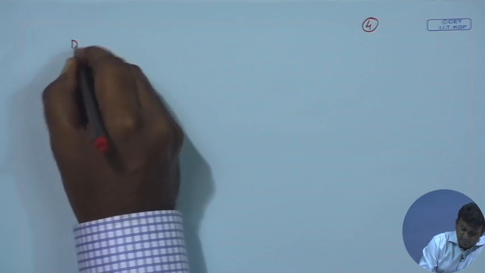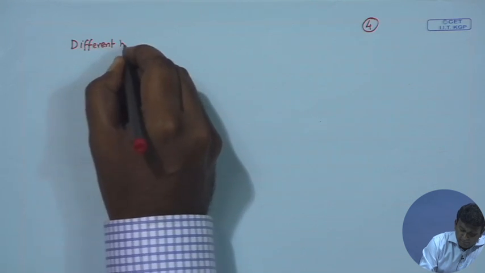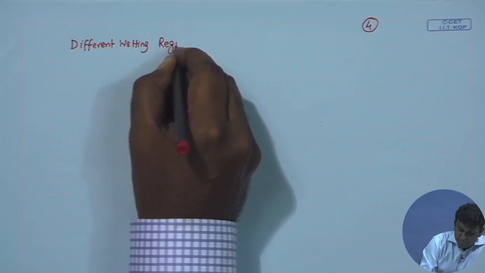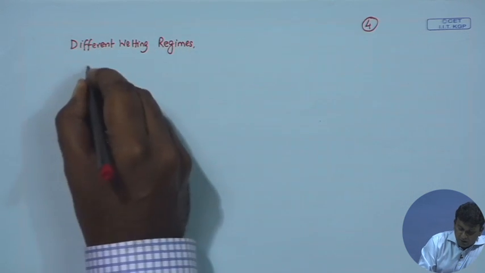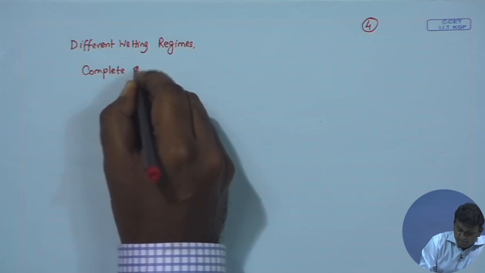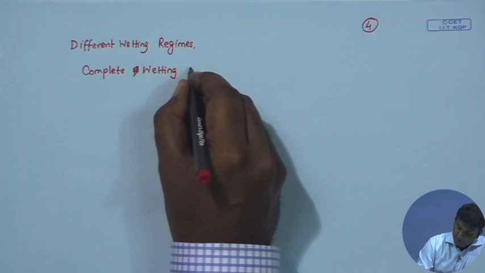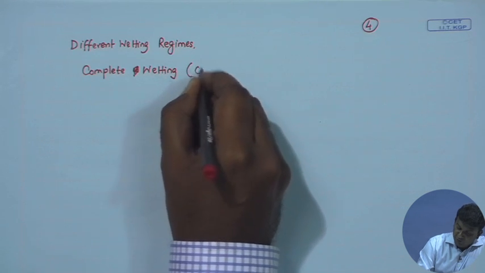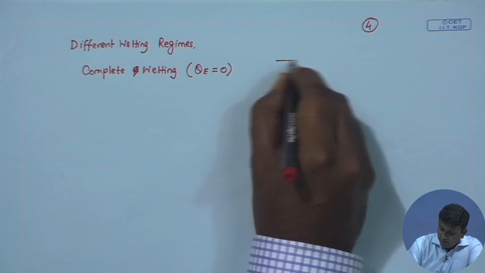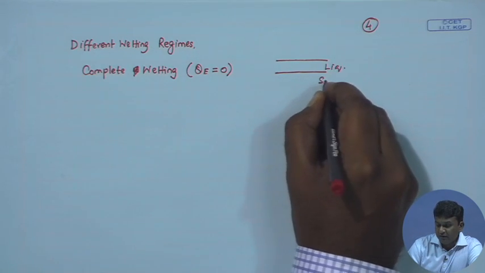We also realized how to discriminate between the different wetting regimes on a flat surface, and they are complete wetting, and I am deliberately going a bit slowly because this is a new course for many of you, where theta e is essentially 0. You actually get a liquid film fully covering the solid surface,